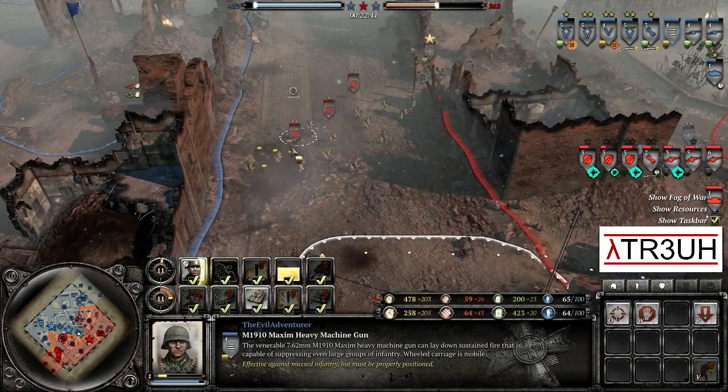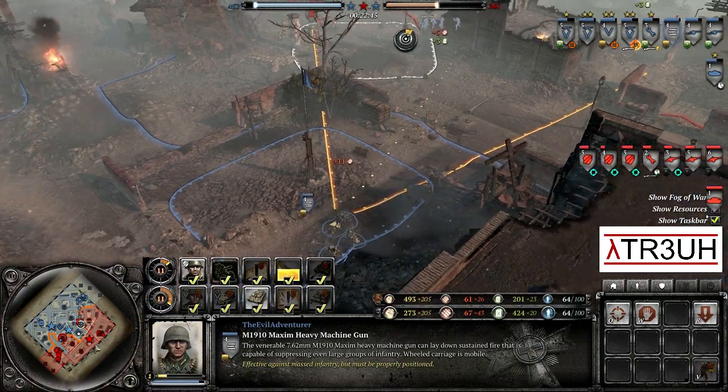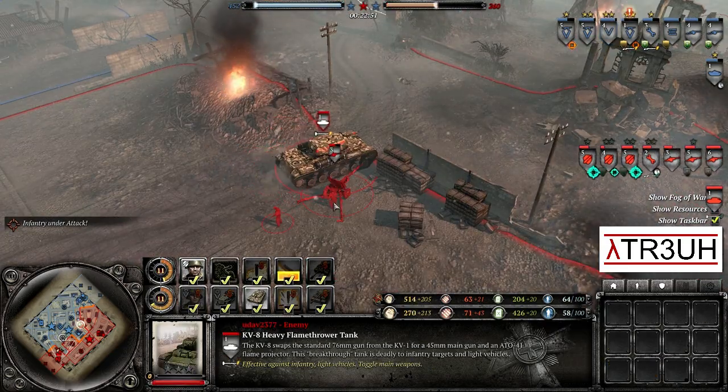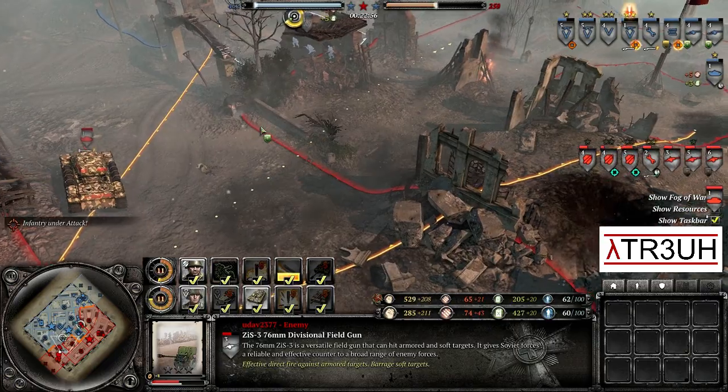Shock troop squad, are they going to go pick it up? Doesn't look like they're going to pick it up. Maxim machine gun not getting itself into the alley to be able to support in the fight. And far in the south we have a Grand Squad just going for a cap as a KV-8 gets called onto the field, and that KV-8 is going to destroy those